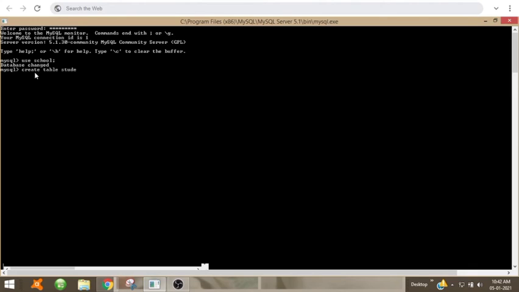Then the table name. I'm giving the table name student, then in brackets I'm giving the column names.